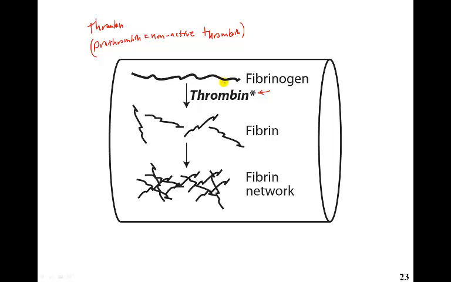Thrombin in the non-active state floats around in the blood all the time, kind of like fibrinogen does. Fibrinogen floats around, prothrombin floats around, and the two sort of float by each other and don't normally interact. And then something turns on thrombin, activates thrombin, then the activated thrombin grabs fibrinogen, breaks it into fibrin,